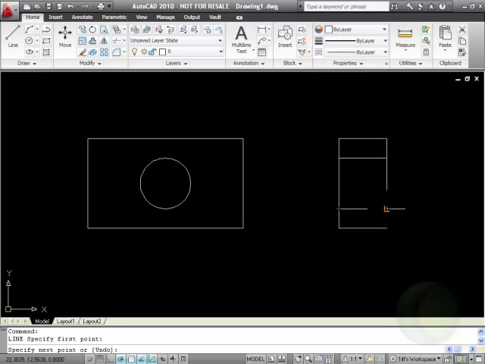Now, still using O-track, we can start the line command and actually trace what the side view of that hole, in theory, going through our side view would look like. So we can use the quadrant O-snap and trace that across